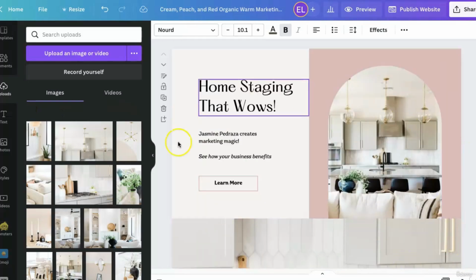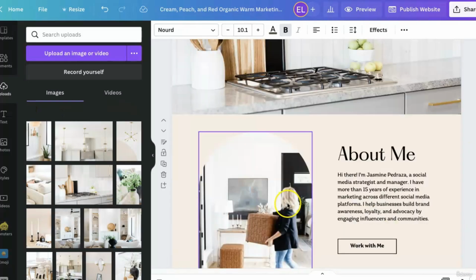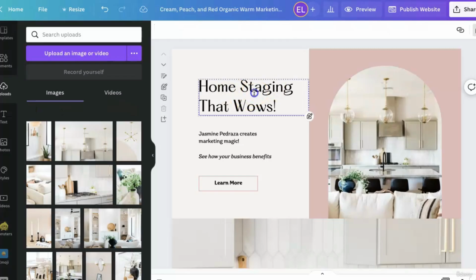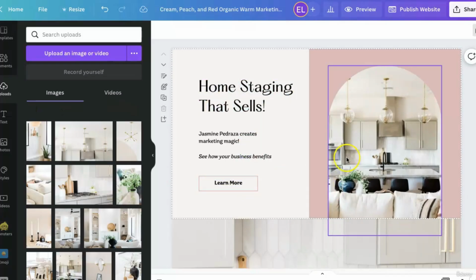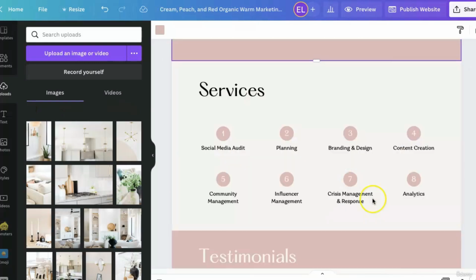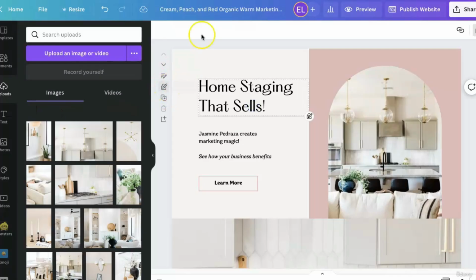And then what's interesting too is if you really like the style, but you're still tweaking the text, you can actually lock your design. And so it lets you change the text. Like I could say home or staging that sells, but I can't change the color at this point. That way, if you get to something you really like and you don't want to mess it up accidentally, you just lock it. And you can always go back in. See, when I click on this, I don't get as many choices. I used to have a lot of choices. You can always go back in, unlock it,